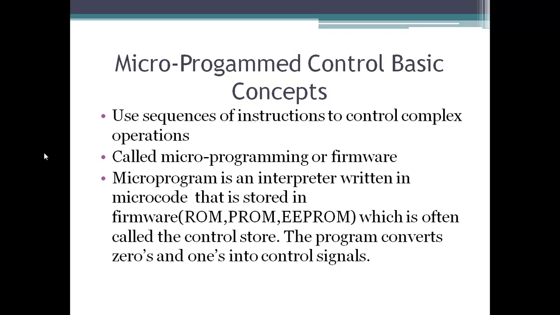So we can say the microprogram control unit is an alternative to the hardwired control unit, in which the logic of the control unit is specified by a microprogram. A microprogram is also called firmware. It consists of one or more micro operations to be executed and information about the micro instructions to be executed next. Micro instructions are stored in the control memory, or you can say control store, and the address register for the control memory contains the address of the next instruction to be read.